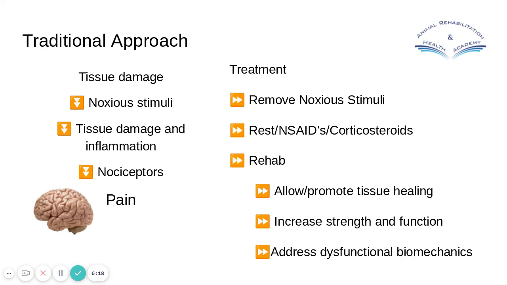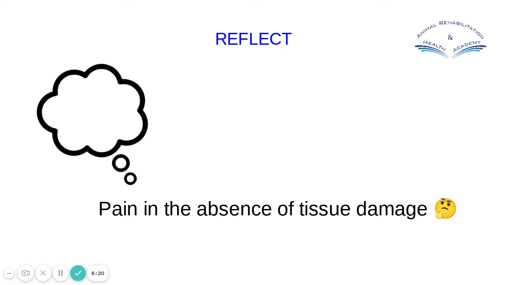But what when it doesn't work? So just now, if you'd like to pause the presentation for a moment and have a little think about what when this doesn't work, what when we have pain in the absence of tissue damage. So this either comes on in the absence of tissue damage, so there's no initial injury that's been obvious or been a problem, been diagnosed, or it's after tissue damage, after healing, everything looks fine, everything should be great. Why do we still have a problem? So if you want to just pause for a moment and reflect on that.